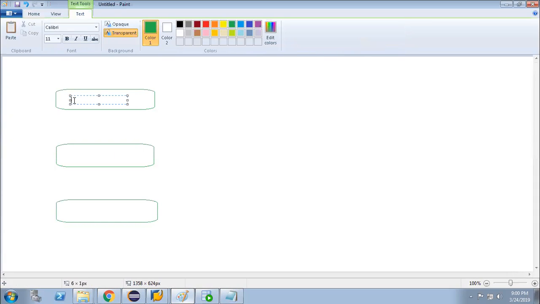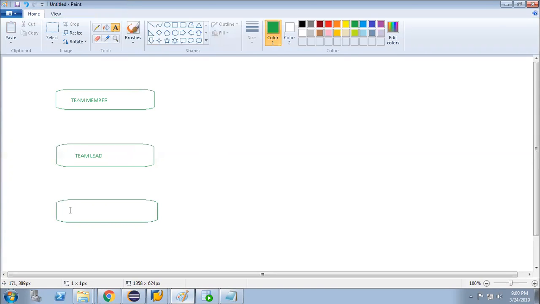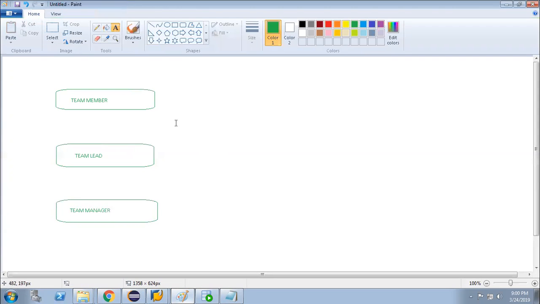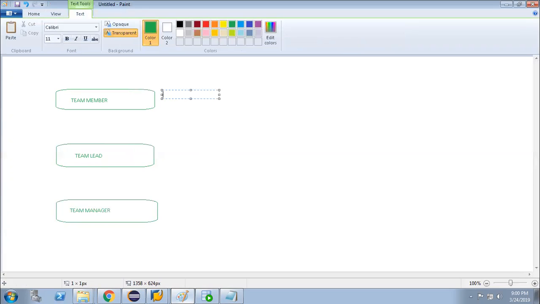So the role is team member, the role is team lead, the role is team manager. Okay, I created these three containers. In team member, we have some three privileges assigned to the team member.